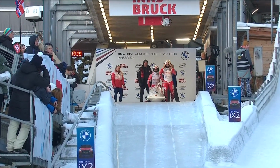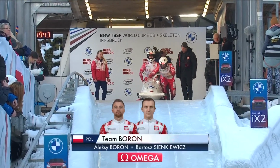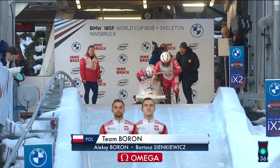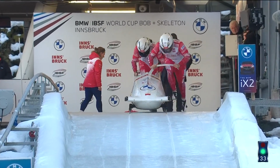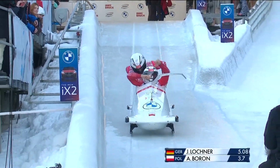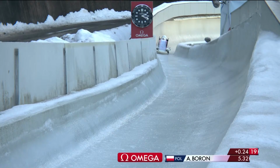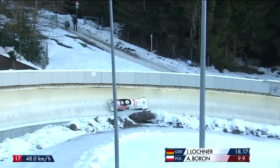Okay, heading into our final group of sleds. 20 down, the race is full. It is now go fast or go home. Alex Boron for Poland with Bartosz Sinkiewicz behind him. 23-year-old driver, 22-year-old brakeman making their World Cup debut. 5:32, and again, as we saw a little bit earlier,